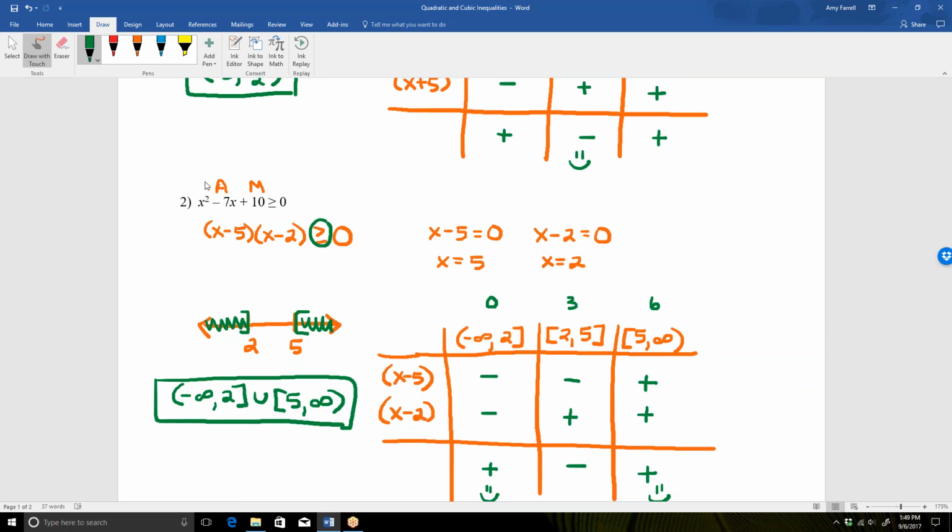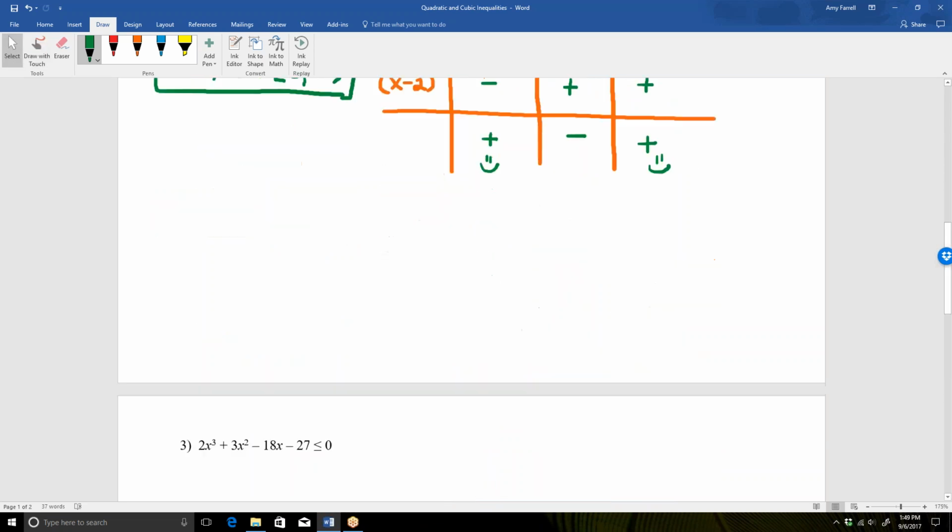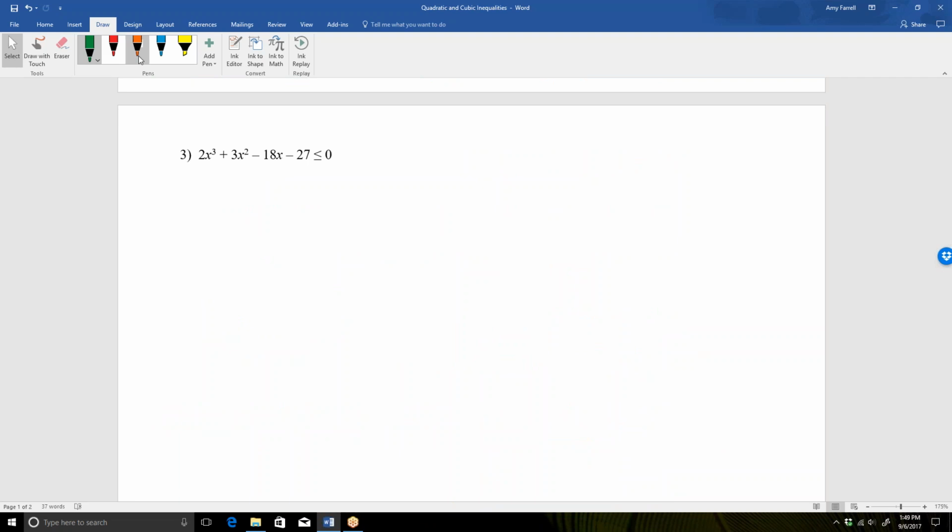Okay, we've got one more left for this video, and it's a cubic inequality. To factor this is going to be a little tougher, but then the process is going to be the same process that we've been following thus far. So I'm going to factor by grouping. I'm going to factor out a GCF from terms 1 and 2, and I would have 2x plus 3 left. I'm going to factor out a GCF from terms 3 and 4, and the GCF, I need to use -9